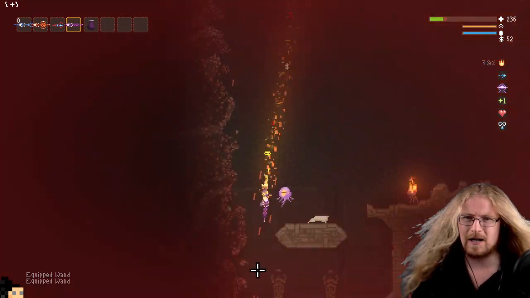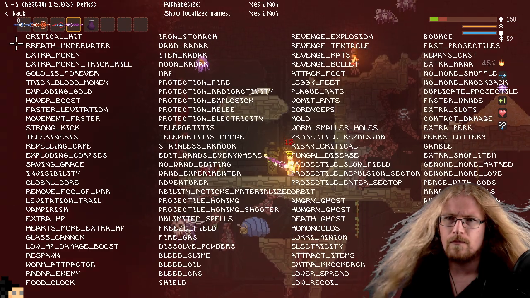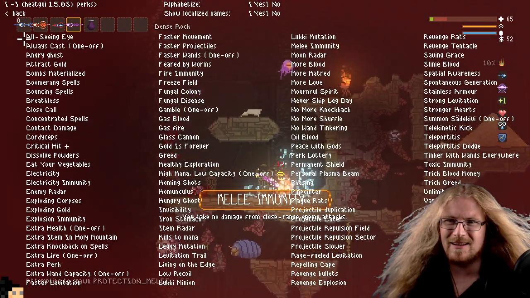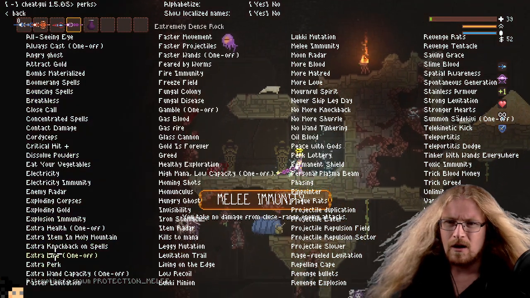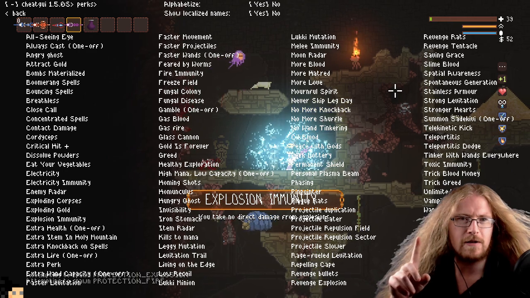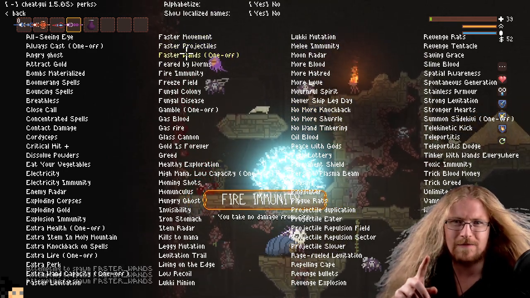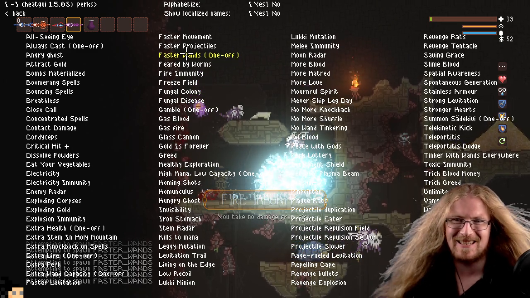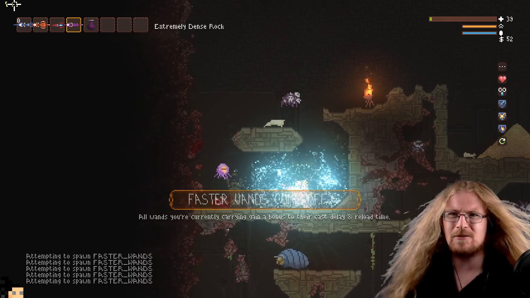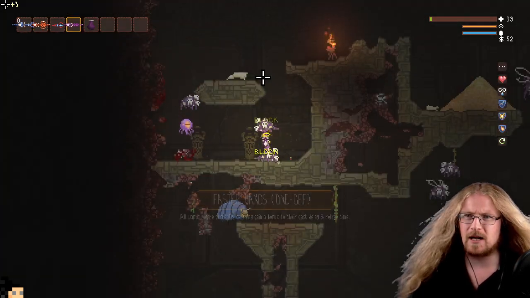Again, being on fire is not one of my strong suits. Although, if I do... Melee. Yeah, I get my melee. There we go. Although, let's try this. Fire immunity, explosion immunity. Faster ones, faster ones. Let's just sort it right out. You can only get up to 0.35 minus, but...